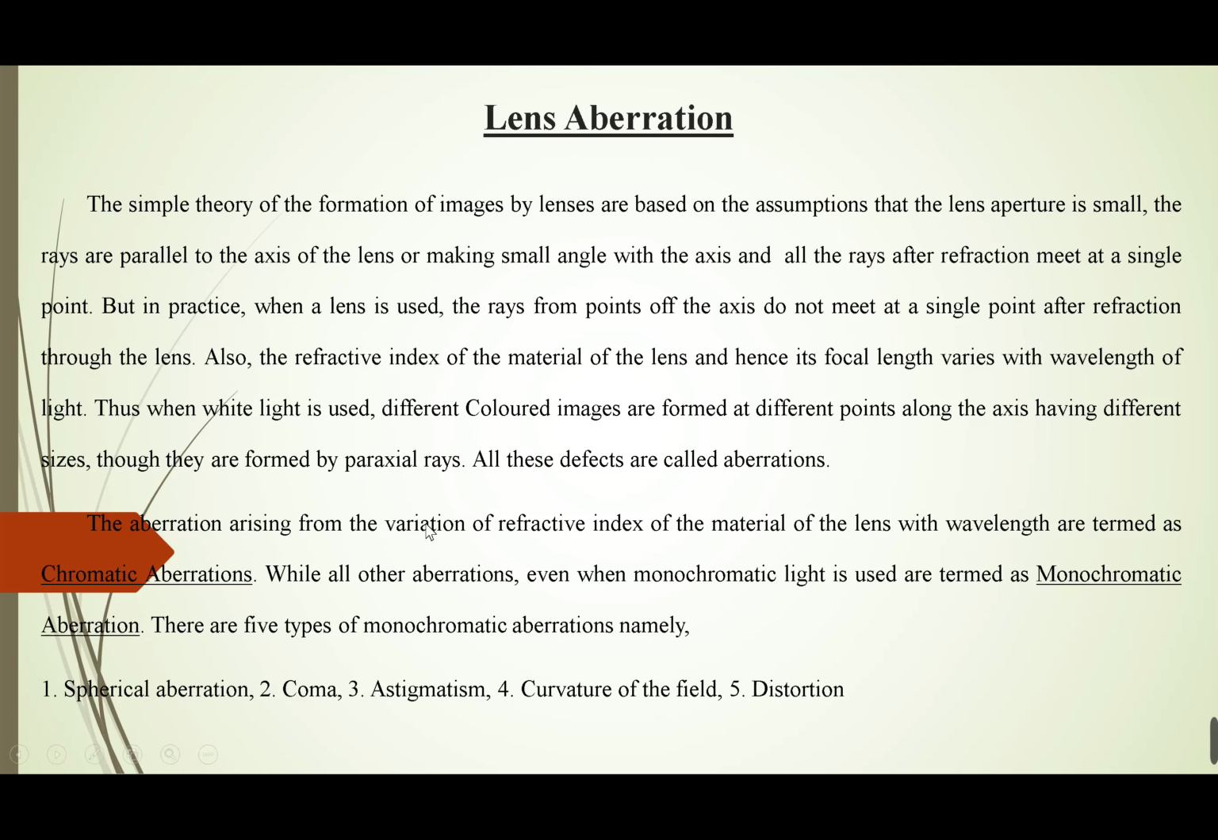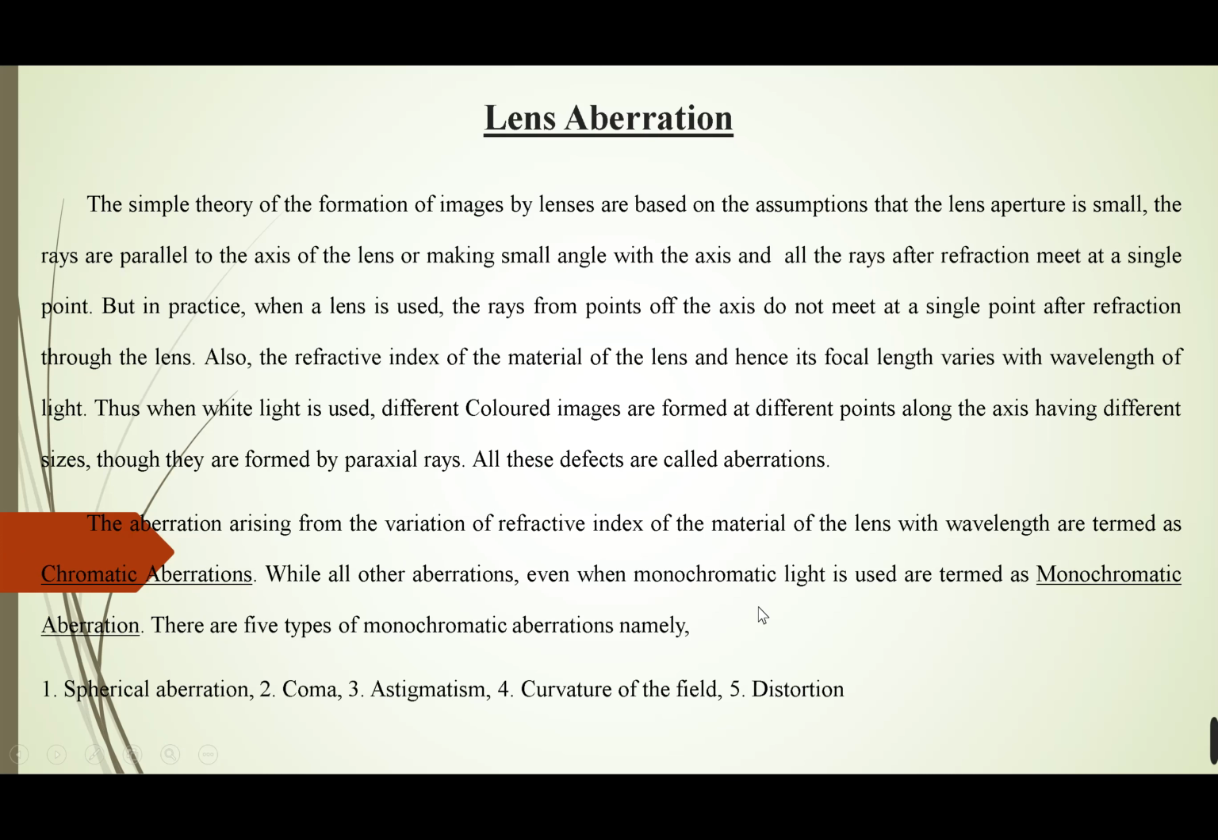There are two types of lens aberration: one is chromatic aberration, the other is monochromatic aberration. Chromatic aberration arises due to the variation of the refractive index of the material with the wavelength. While all other aberrations,